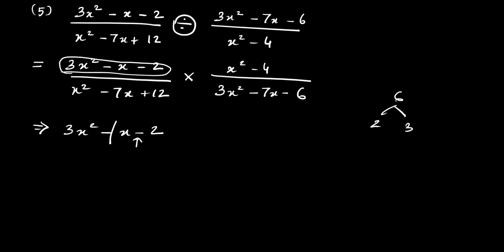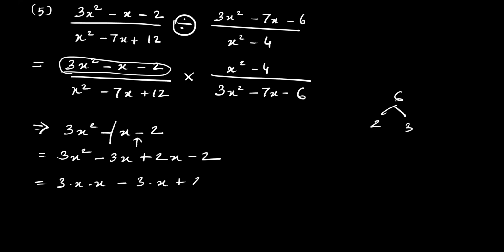1. So I will write this as 3x square. Then what are the two factors? 3x, 2x, minus 2. Did we add them to get one or subtract them? We subtracted them. Signs are same or different? Different. Minus goes to 3 or 2? 3. So 2 gets plus. So see, I'm writing it separately now. 3x square is 3x into x minus 3 into x plus 2 into x minus 2. Correct? Yes.